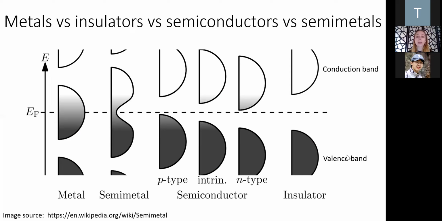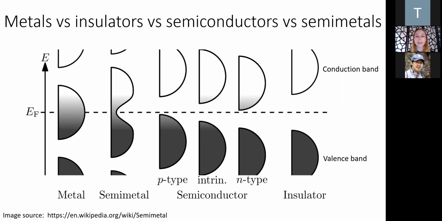So for an insulator, the Fermi energy lies inside the band gap. The band gap exists between the valence band and the conduction band, and the band gap represents sort of forbidden states. So these are states that electrons cannot have. Electrons can live in the valence band, they can live in the conduction band, but they can't live in the band gap. So an insulator is characterized by a large band gap, typically larger than visible light.